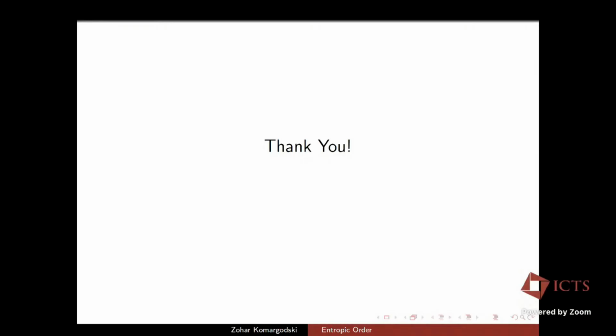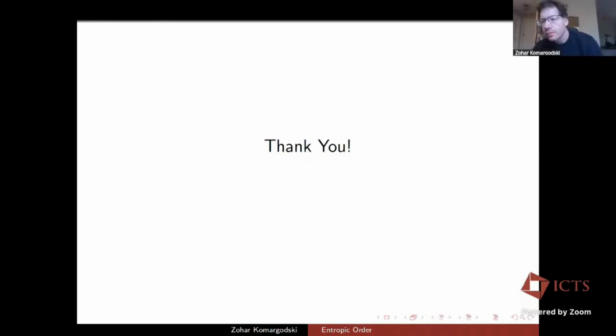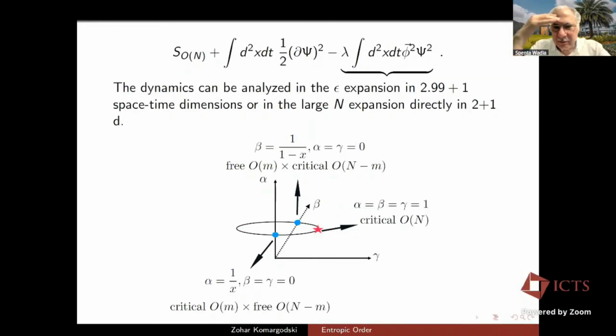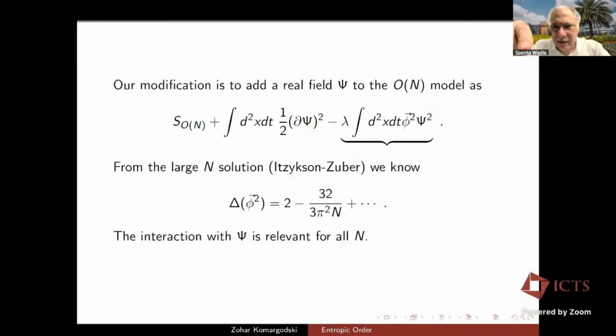I have one question, Zohar. Go ahead. So if you look at that ON model with this additional psi field added, if the psi field is not there, this model is asymptotically free. It's some massive number of particles, right? Now, if you add this new field, does this model have ultraviolet completeness? Is this well defined at short distances?